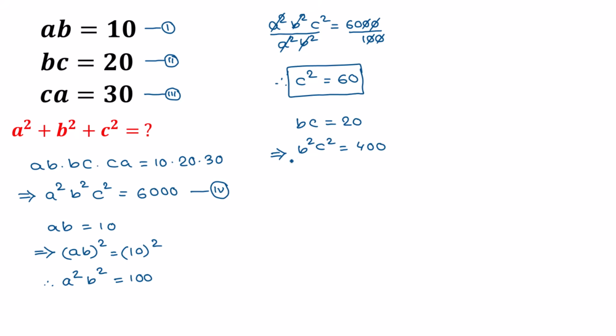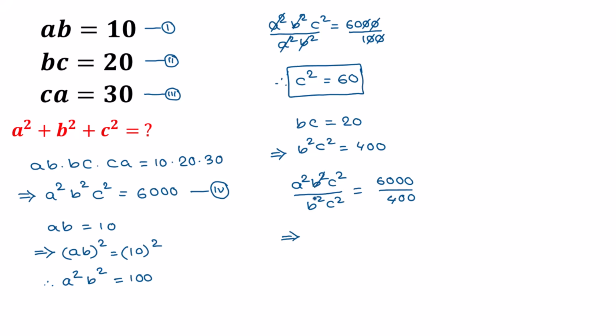And again, if we divide equation 4 by this B square C square is equal to 400, we can write from equation 4 A square B square C square divided by this B square C square is equal to, here this is 6000 over this 400,